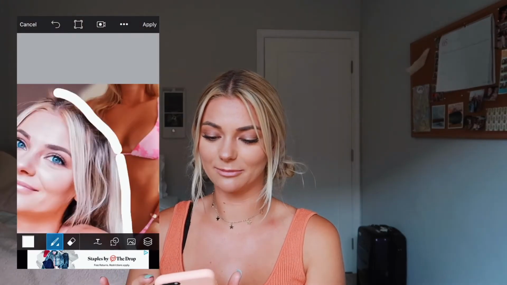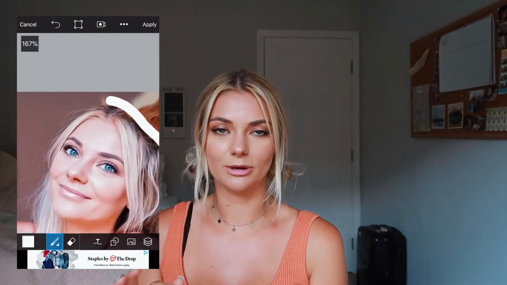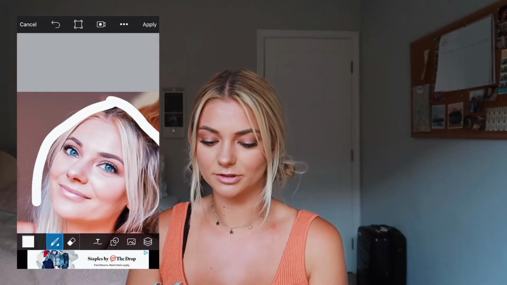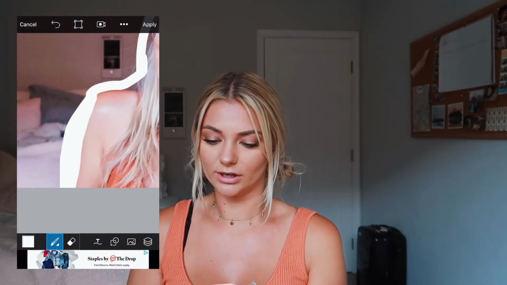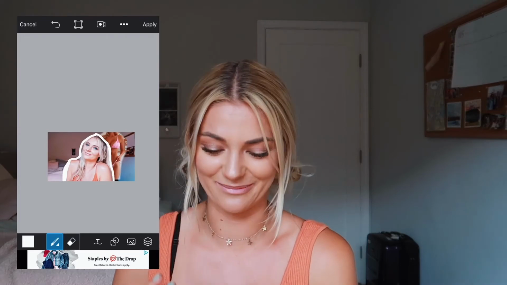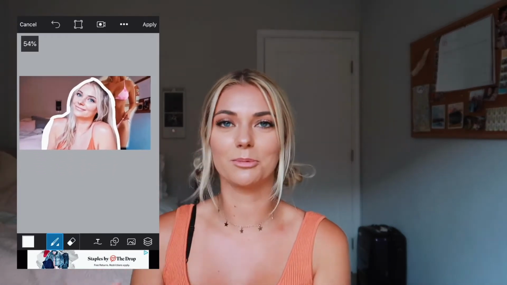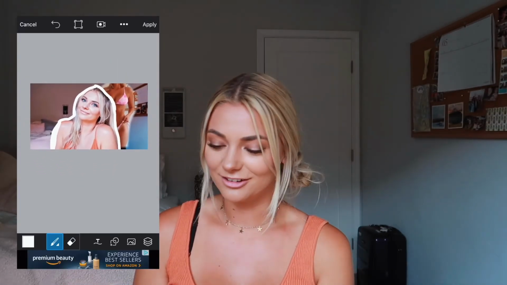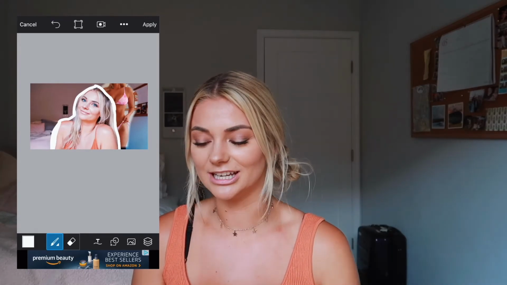If you spend enough time on it, it will look really good. And when you zoom it out, you can't really tell places you mess up. So it doesn't need to be absolutely perfect. But for instance, okay, that looks really bad, but you guys know what I'm saying. If you spend more time on it, it will look better. This is how you do it, and it's super, super easy. It just takes time to do.